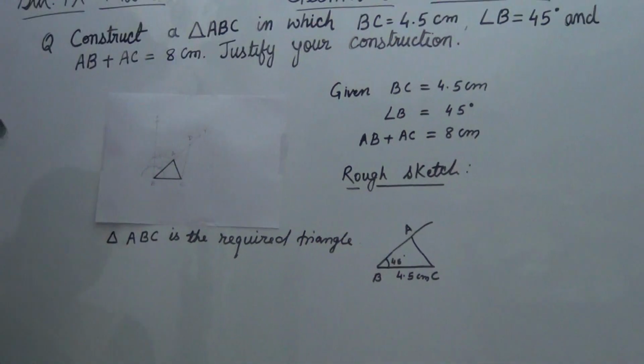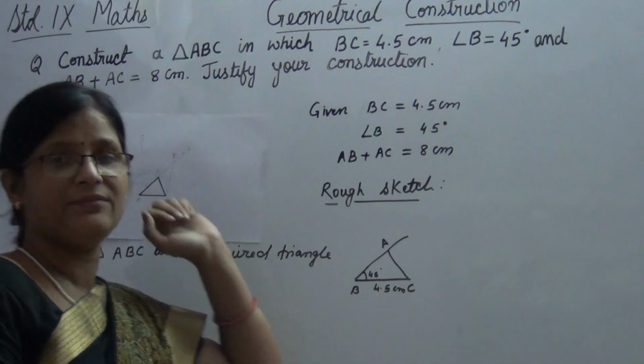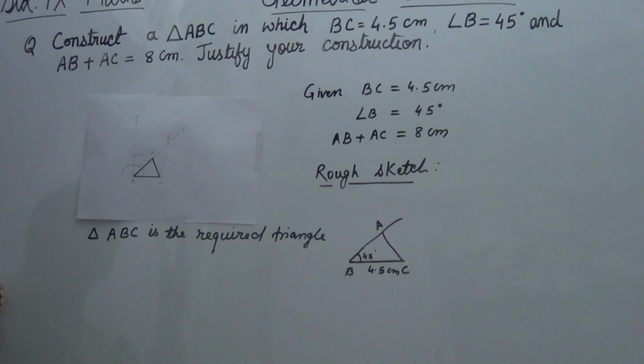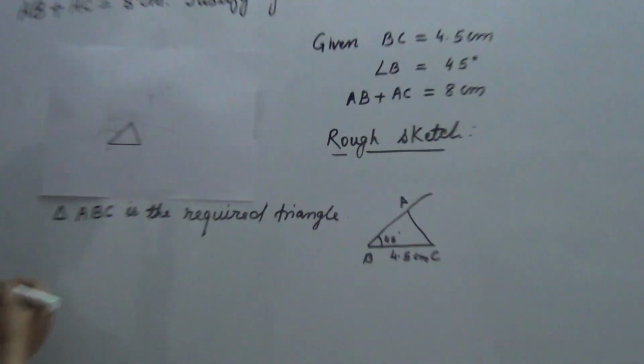Now children, it has to be justified. We have to justify whether it is true or not. So children, we know that A is